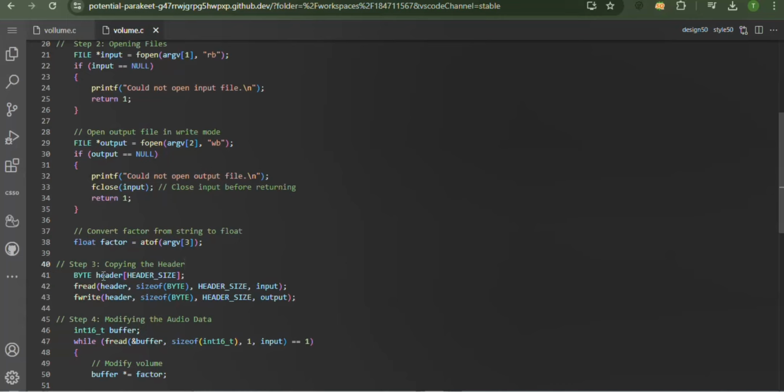Then we call fread(header, sizeof(BYTE), HEADER_SIZE, input); fread is a function that reads data from the input file. We tell fread to read 44 bytes, the size of the header, from the input file and store it in the header array. sizeof(BYTE) tells the program the size of each item it's reading, 1 byte in this case. Then fwrite(header, sizeof(BYTE),